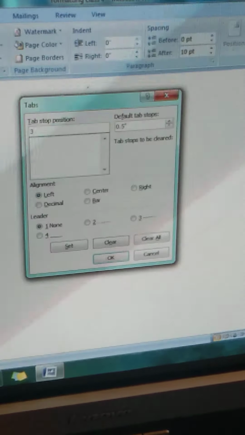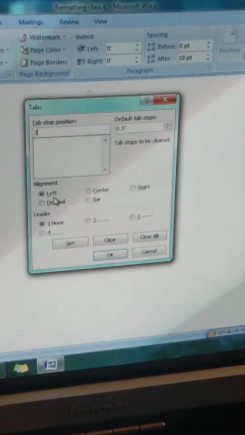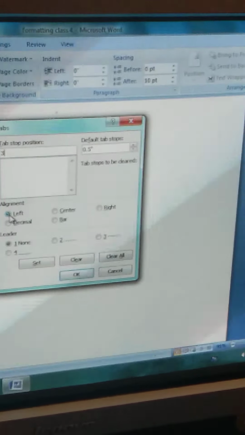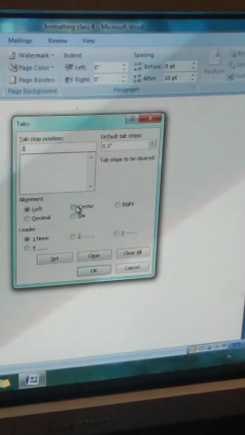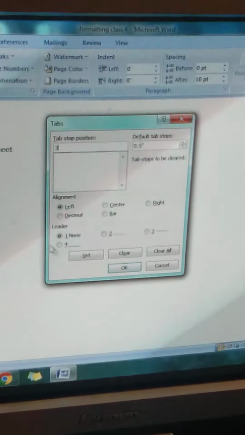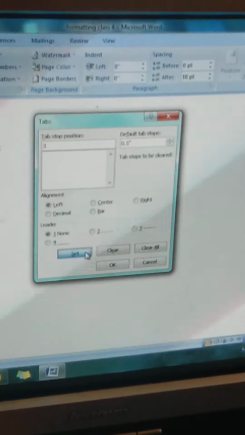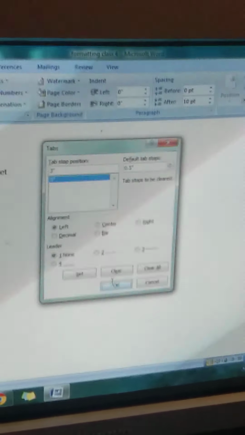Tab automatically moves 0.5 inch every time you press the Tab key, and you can specify the tab stop position. Suppose I write 3 inch, and then you can also select the alignment, whether you want it from the left side, center or right side. Then you can click on Set and OK.